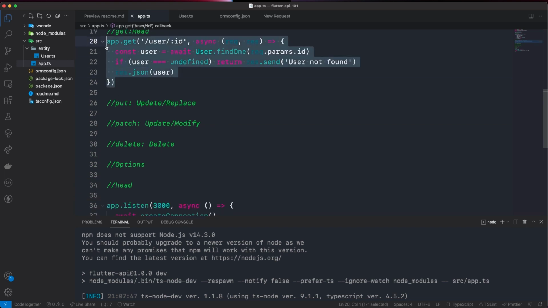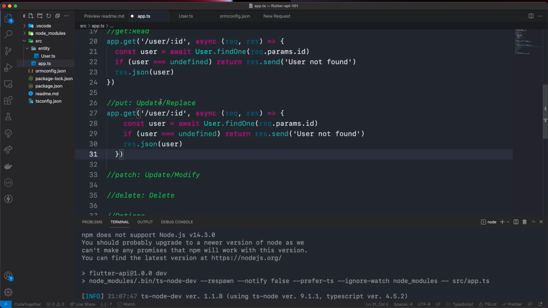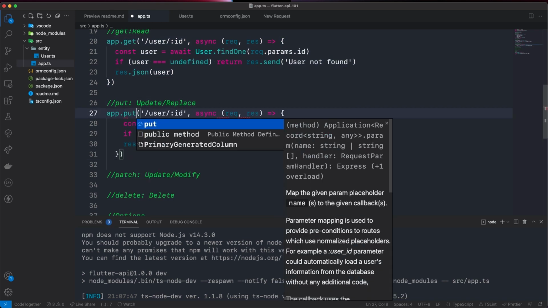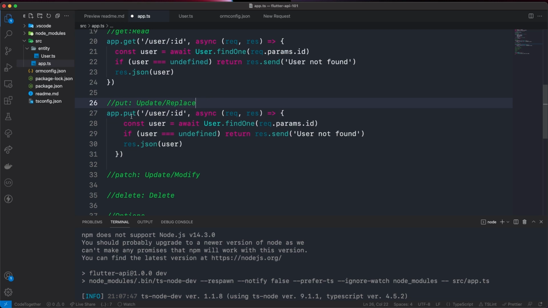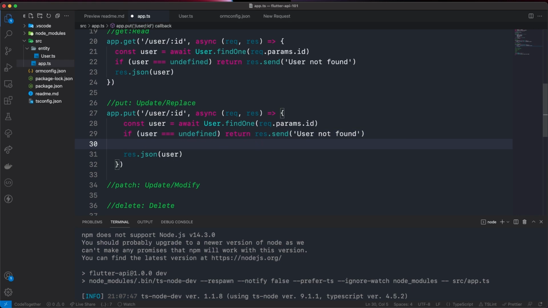Now we need our put method. I'm just going to copy here, change this to put, and again, put uses the ID that we need to replace and also fetches the information from the body. So again, I'm going to try and find the user. If the user doesn't exist, return the information saying the user not found. Otherwise, if the user is found,